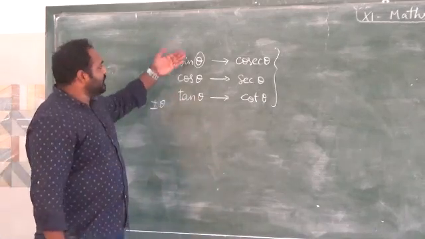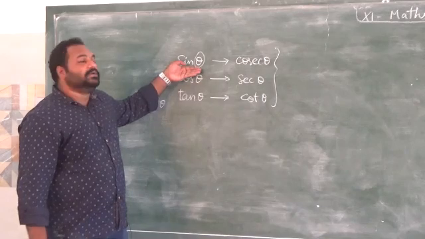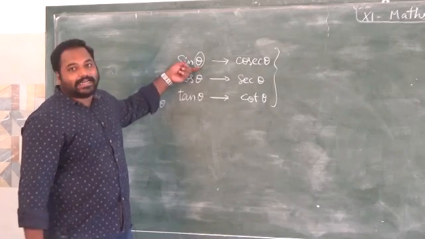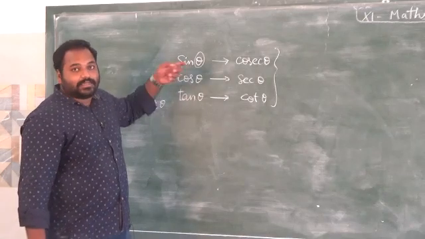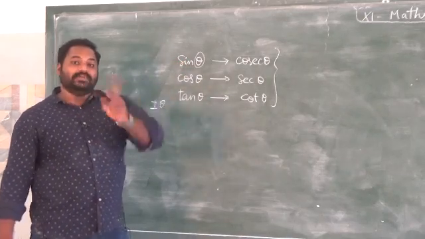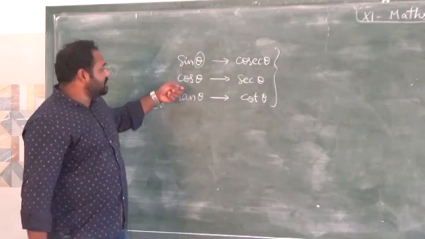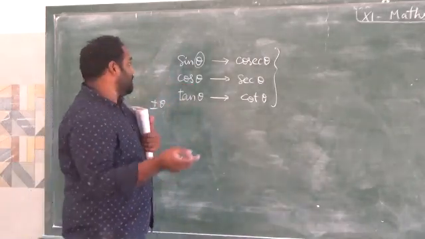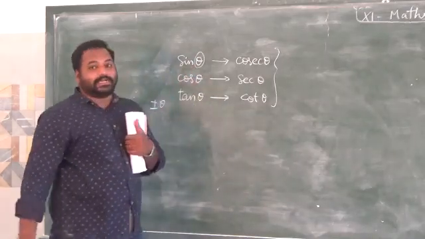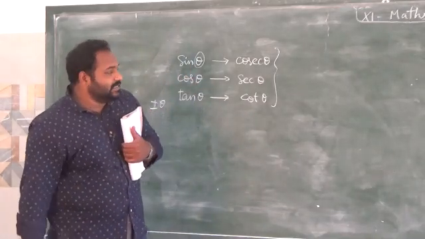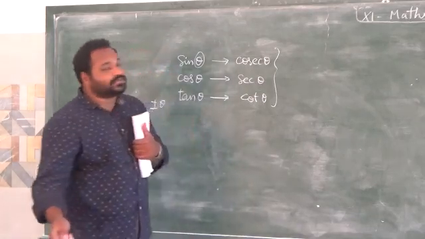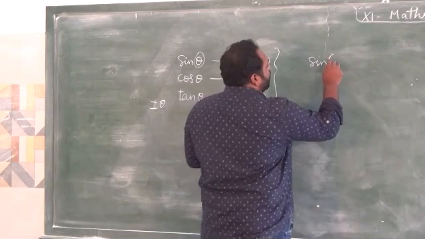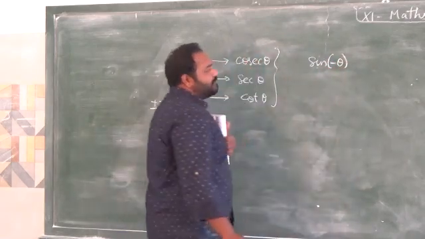If you get a positive angle in sin theta, we have no problem, it will be positive. Sometimes if you get a negative angle in sin theta, the value will change. The same goes for cos theta and tan theta. So what will happen to the trigonometric functions or ratios when the theta values are negative? We will see today. Now, sine of minus theta.